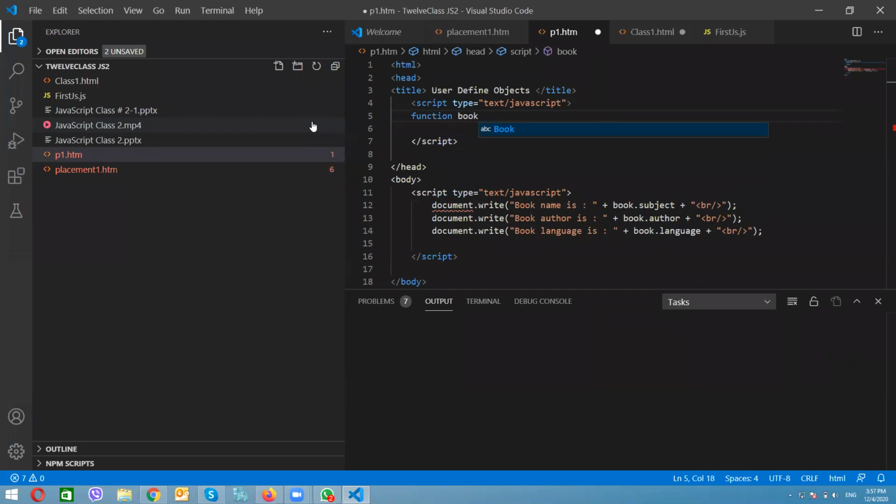Now I'm not going to create any method. I create one function which has a title of that book, it has an author of that book, and it has a language of that book. So I'm creating three properties under the function.